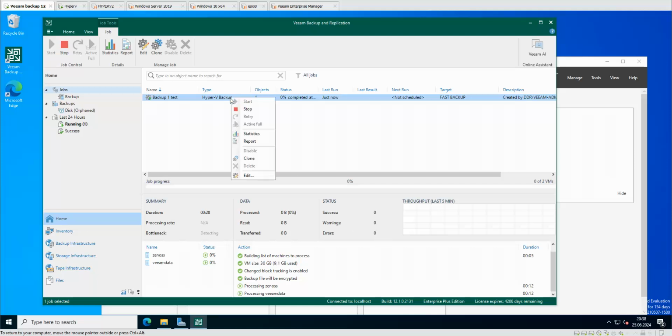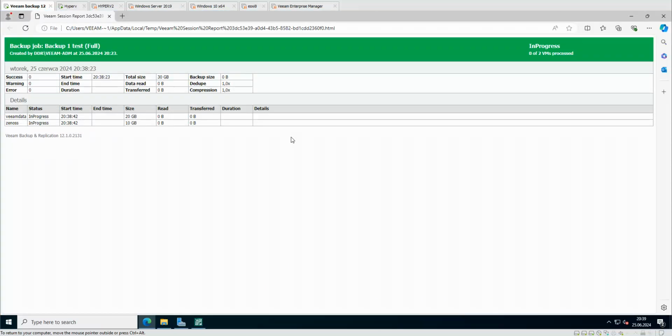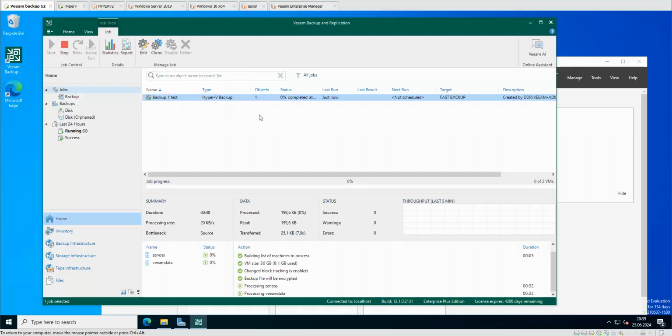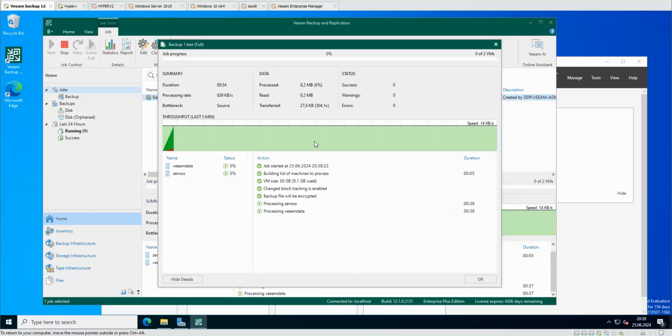And if you are interested in how your backup is doing, how much speed is being created, you can either go to report, and here you will have all the things. As you can see, it's in progress,